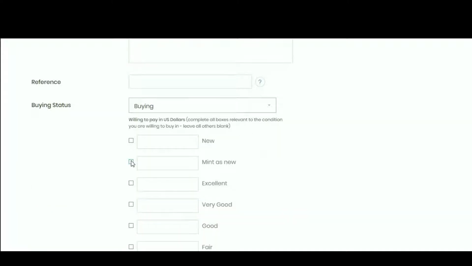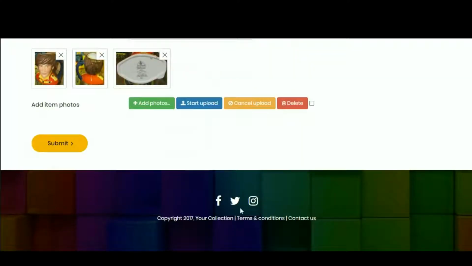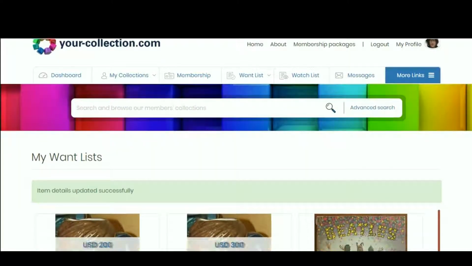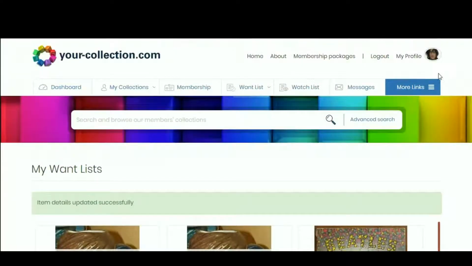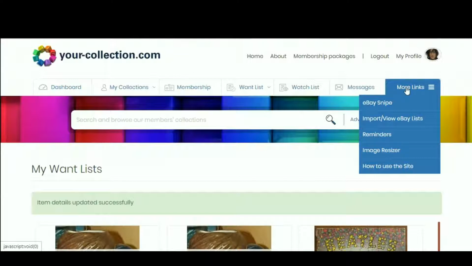And this time around I'm only willing to pay 200 and I want it mint as new. Submit, and that page is created. And there we go. Another way to create a want, the final way, is if you're a Premier member